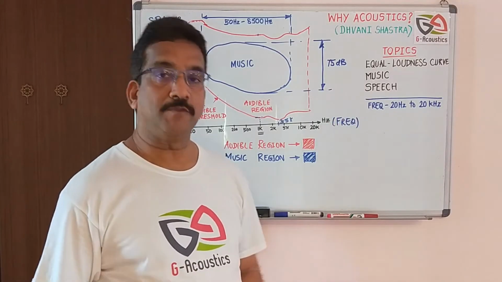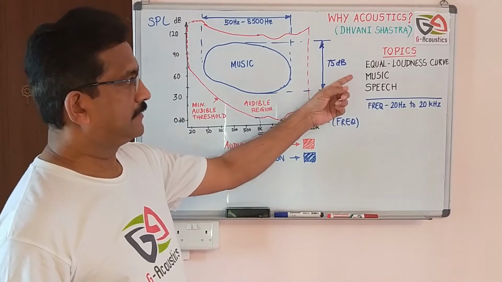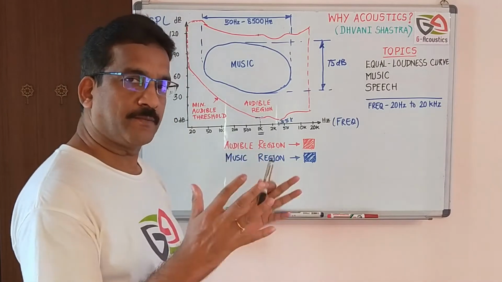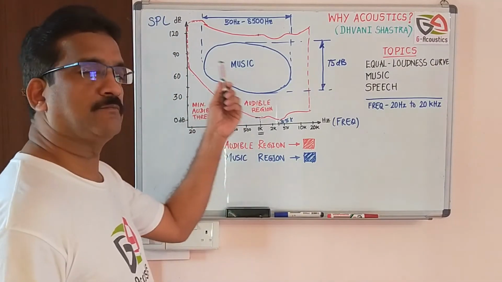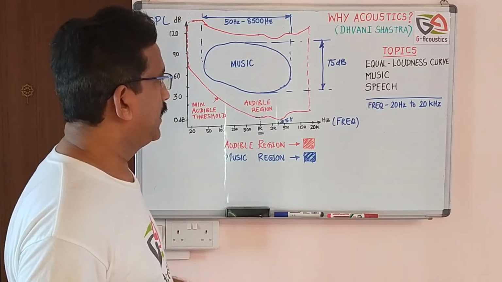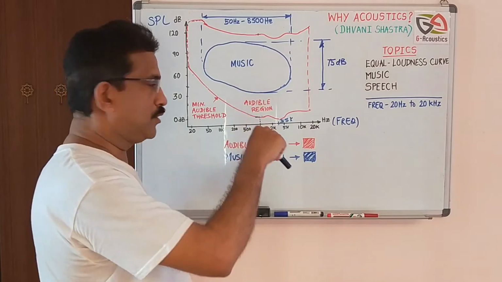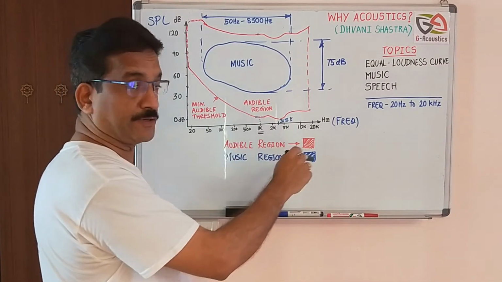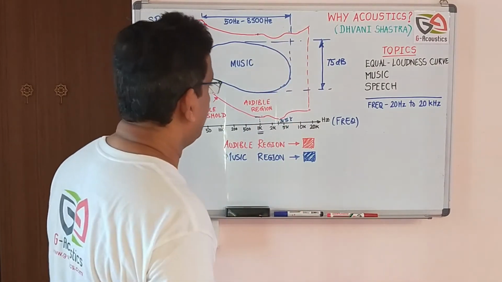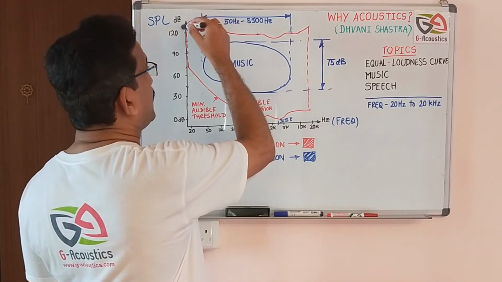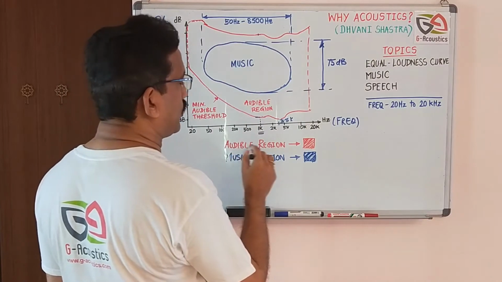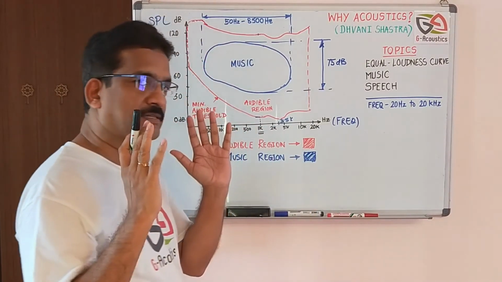Coming to the second topic, music. As you know, music and speech are in a way related to the equal loudness curve, and it gives a better understanding. Here I made some changes over the previous graph which I had drawn. I have removed all the in-between curves, retaining the minimum audible threshold and the maximum level which human ears can listen to. And you can see I have enveloped this with a red border. This region is called the audible region, where the human ears can listen.